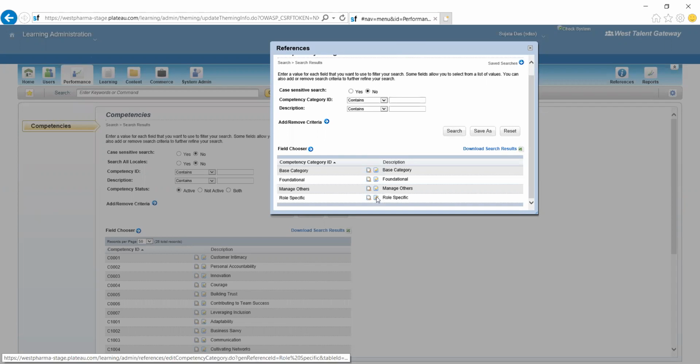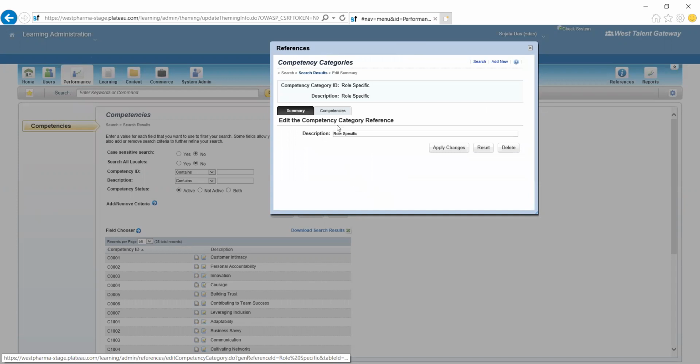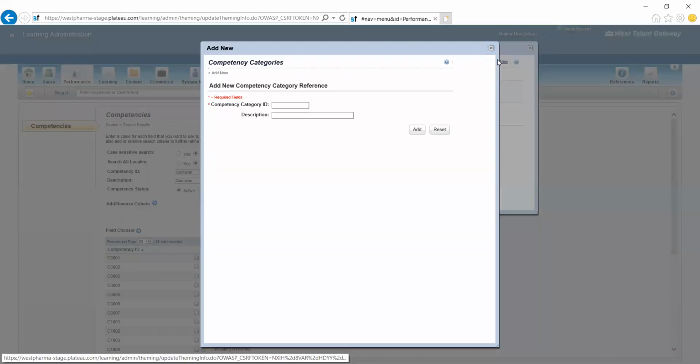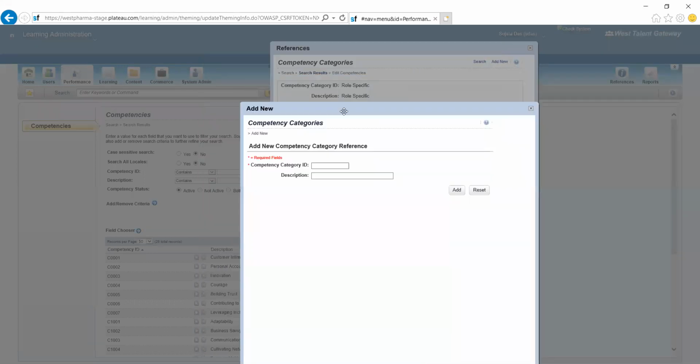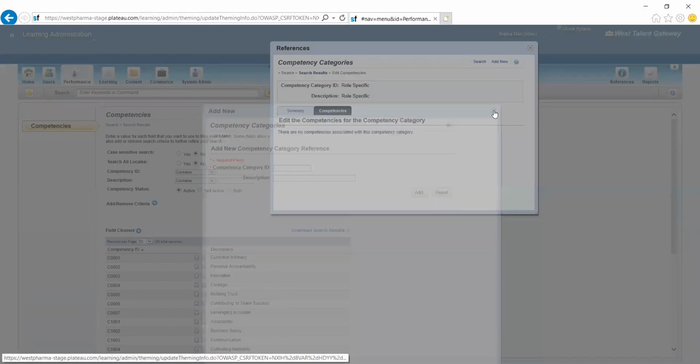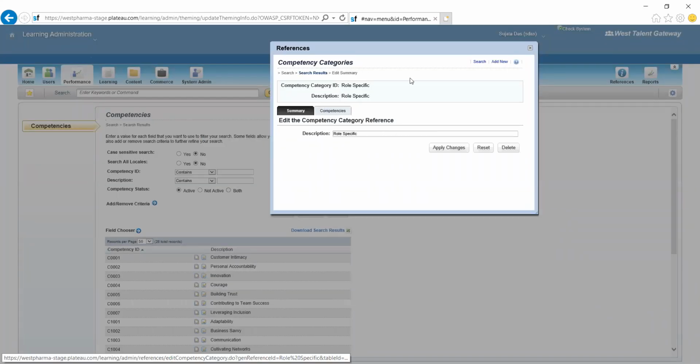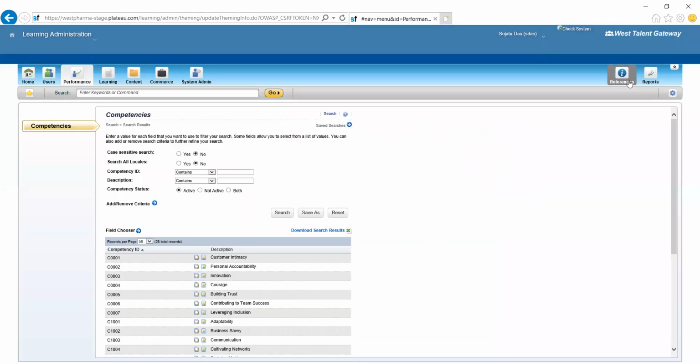If I go to the role specific category, you can see there is an option called competencies here also. Here I can attach specific competencies, it's a kind of association, so that those competencies will be visible here. Actually these are not that much required. In my projects, in my experience, I mostly use only the competencies idea, and which learning will be associated with which competency, so that the competency gap will be identified. Up to that level only I have used.